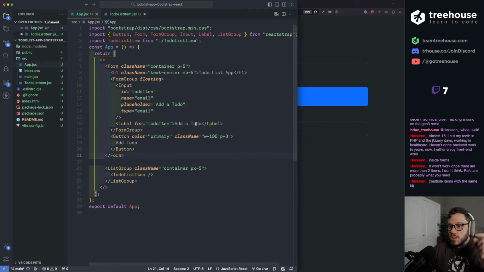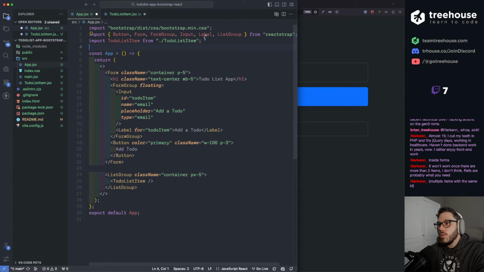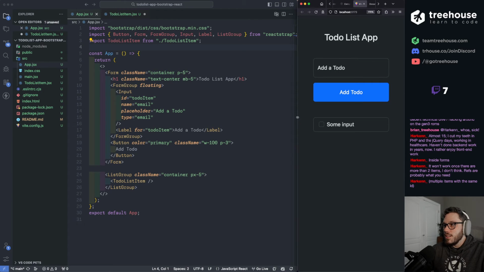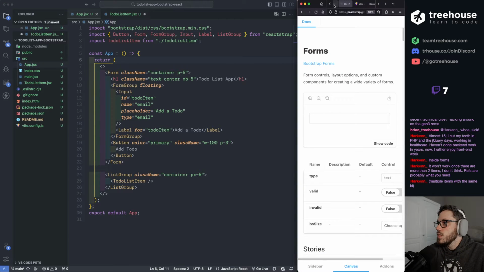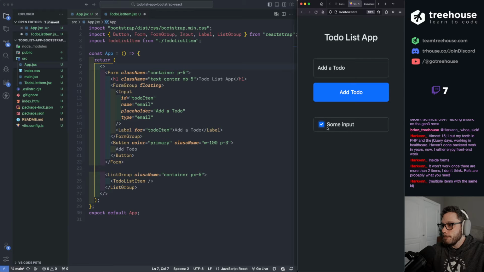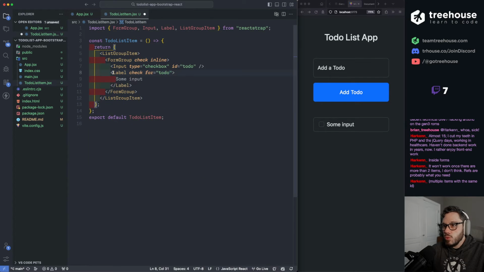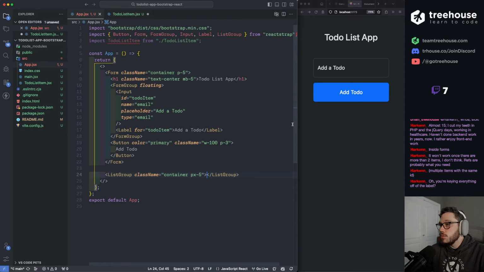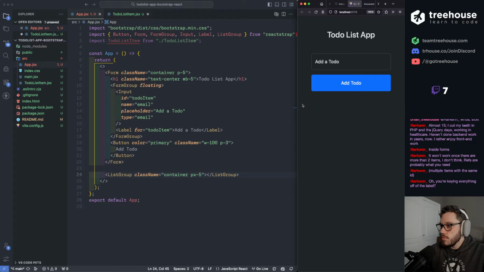Let's get started on some of this logic. And I'm so new at React, so I'm probably gonna do a lot of things wrong, but it's fine. This is how I learn. All right, so this is the React version right here. I'm gonna keep that open. I'm gonna close Bootstrap because this seems to do everything I need. Okay, so let's go ahead and remove this to-do list items. Don't need that right now. Oh, you were keying everything off the label.